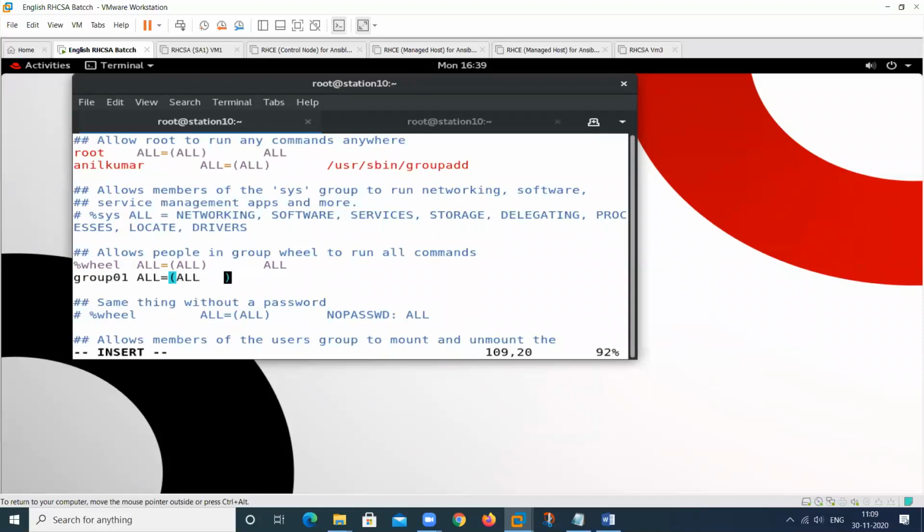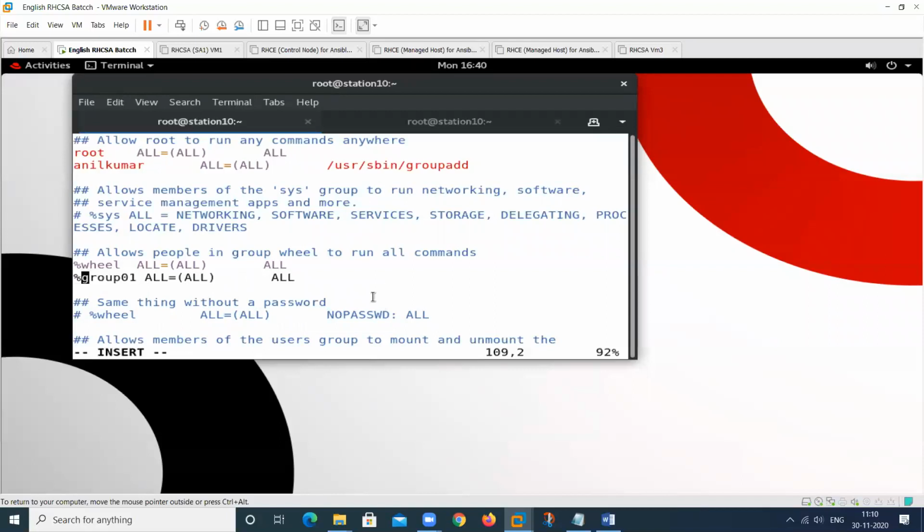The percent sign is mandatory for this. So we can also add the group name here with the same percent sign, then the group name. Any user belonging to this particular group can perform all the commands in this system.